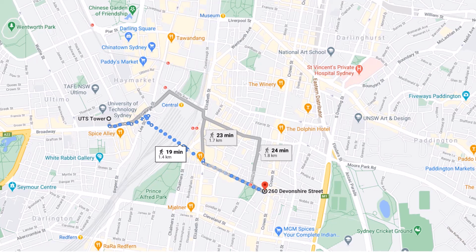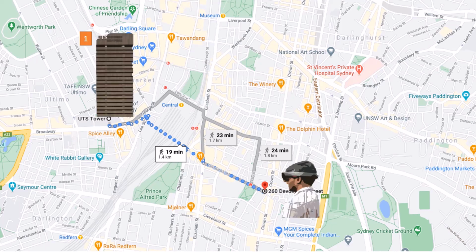Another way, which is a bit traditional, is that we follow certain cues we are aware of in this environment. In this case, it's this building. Let's say I'm aware of this building. I can just follow this building as a reference point to reach the destination. But the problem in current city design and environment is that you are not able to see this building all the time. There could be several other buildings in between, trees, maybe a tunnel, which block your view.